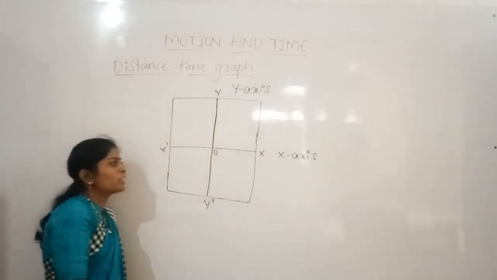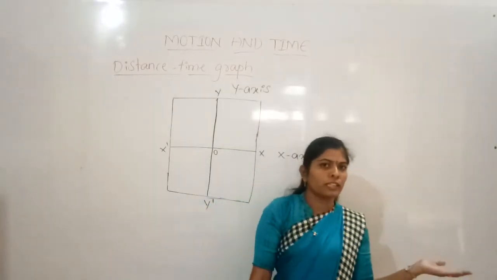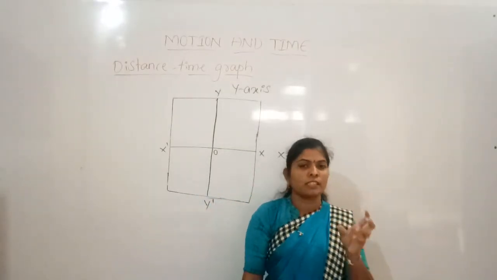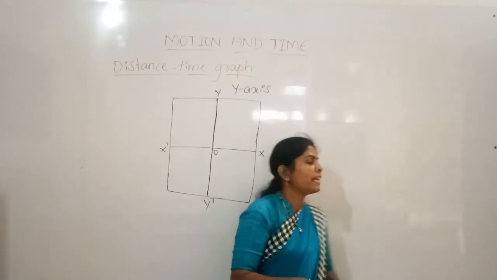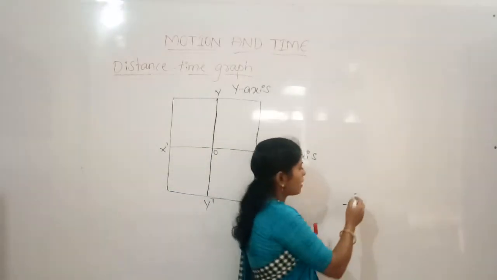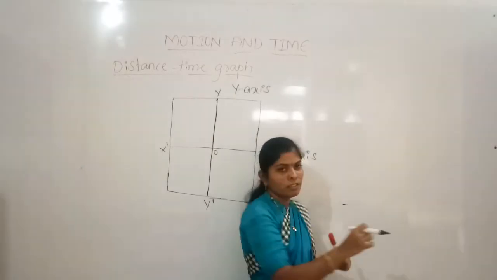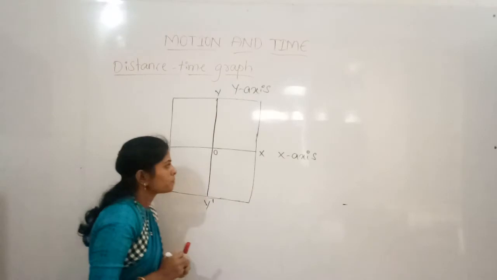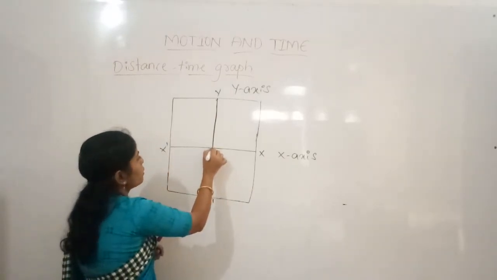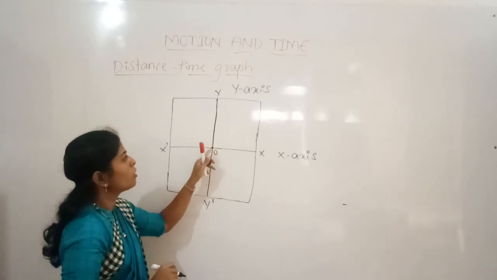And you know that you learned in mathematics there are negative integers also and positive numbers also. If they have a negative sign they are negative numbers, and if they have a positive sign, we usually do not mention the positive sign, so they will be positive numbers. So this O is the origin. Okay, it is the center and it is called the origin.